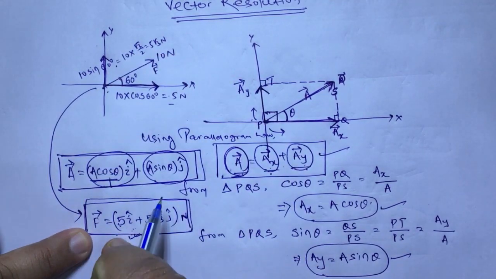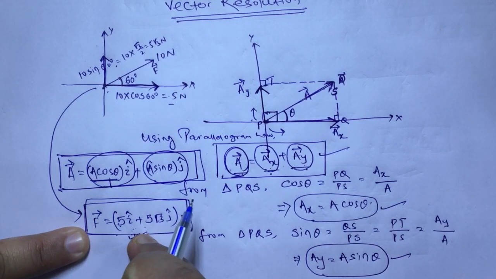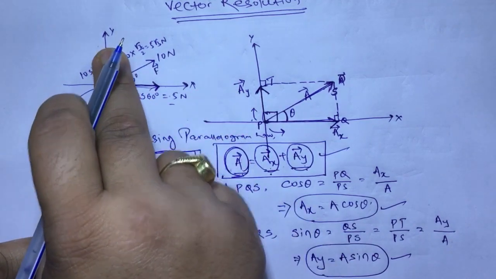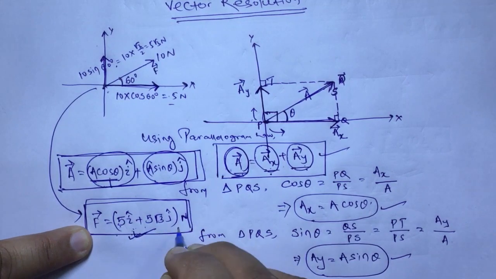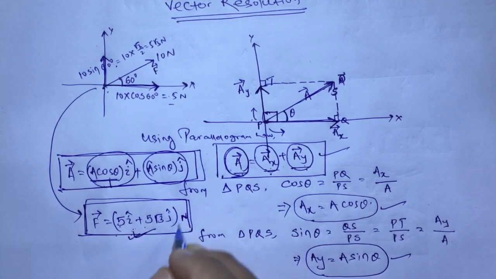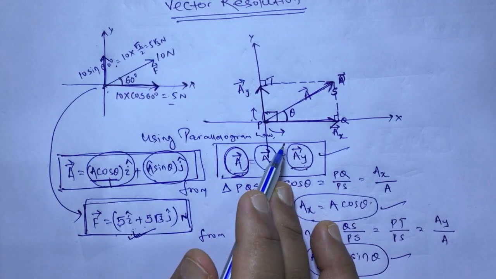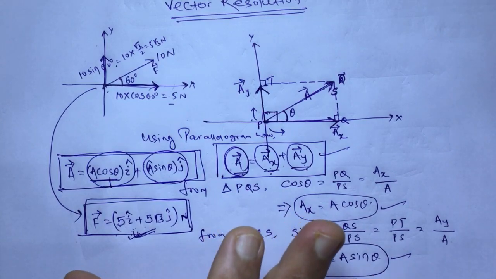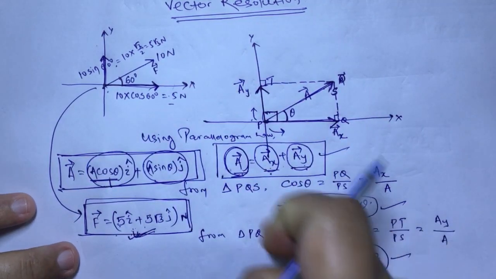F vector has a magnitude of 10 Newton, and it is a vector making an angle of 60 degree with x axis towards y axis. This much you have mentioned in this mathematical form, because all these terms you got from 60 and 10 by using the concept of vector resolution. Is it clear?